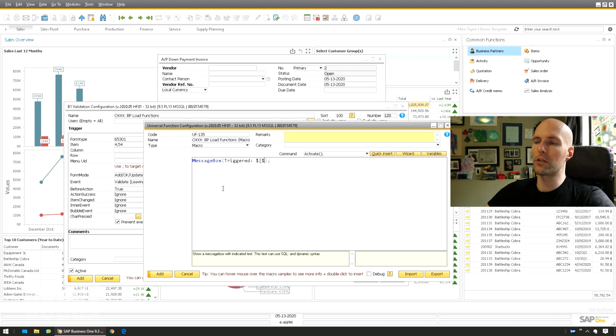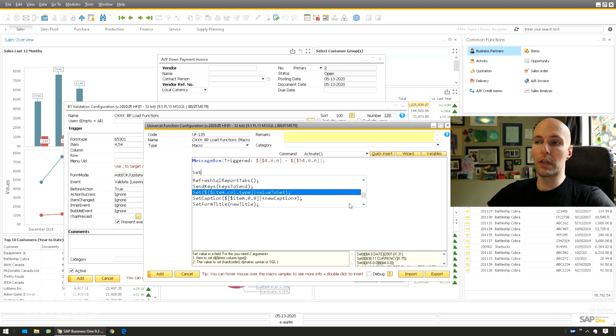So we could put $$4.0.0, $54.0.0. You can put anything you want in there. I'm just using this totally as an example. This is something that does happen. People want the information, and you can pull a UDF of notes from the BP into this window too. So that's something that's pretty common.